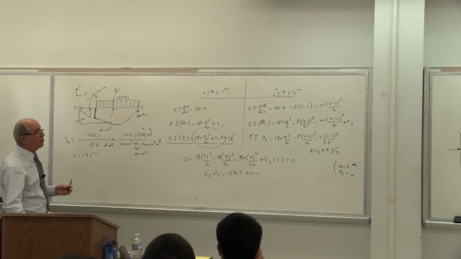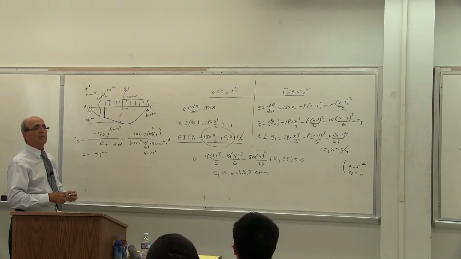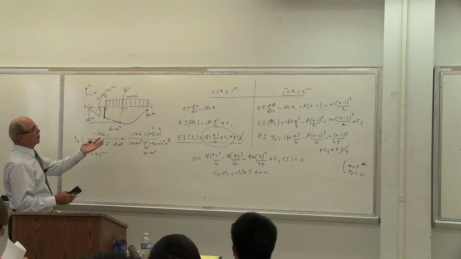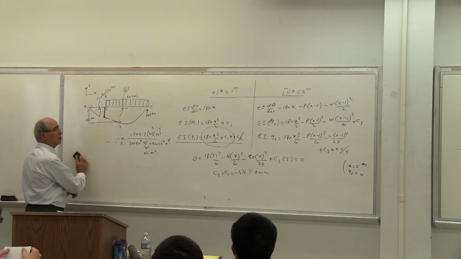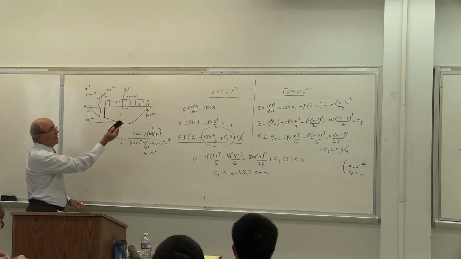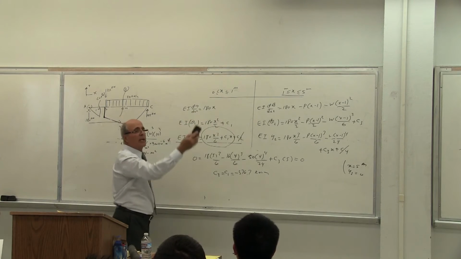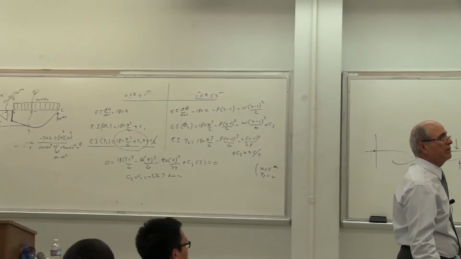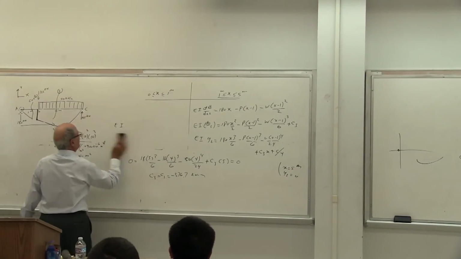So please, there are two facts that you cannot make a mistake. First of all, you have to recognize the difference between determinate and indeterminate. Now, to avoid this, as I said before, you can now write this as a singularity system. Do it, solve it again. Everybody, but that requires only one moment equation from the entire beam. Is that correct? Isn't that what your homework was all about? Correct or not? I'm hoping that all of you have done that and you know exactly what was involved there.